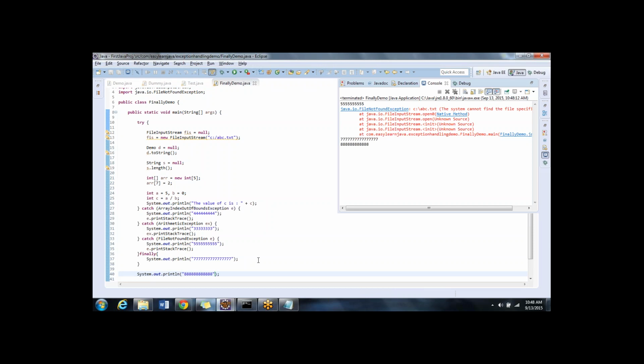But the first scenario is that finally, irrespective of whether an exception comes or not, gets executed. That is the first thing that you need to understand. If that is clear, then I can go ahead to the next step and tell you why we write a finally. Okay, since it is clear to everyone that finally gets executed irrespective of an exception or not,